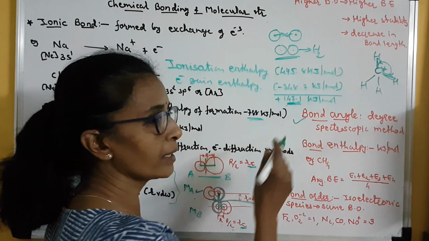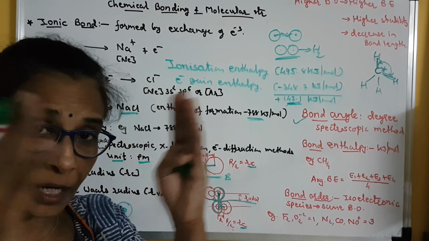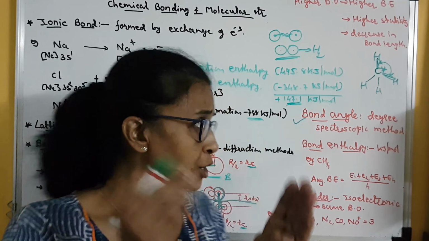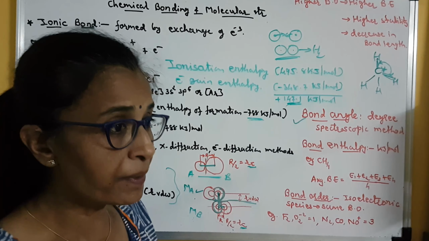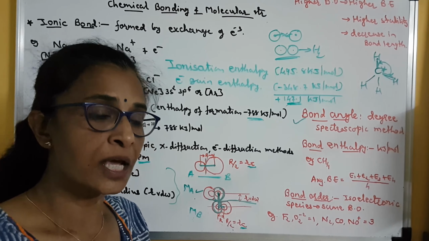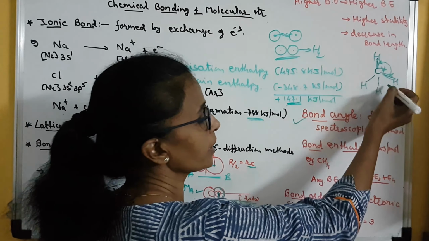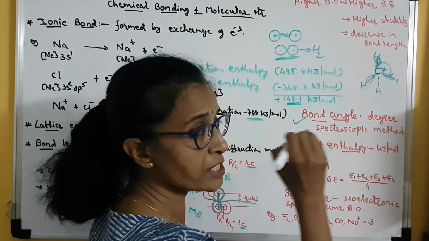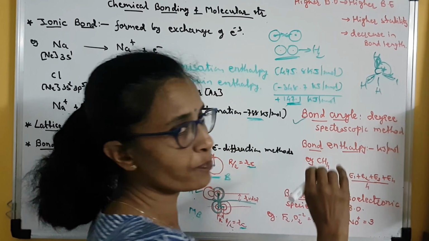Here, bond angle gives us the idea about the arrangement or distribution of the orbitals around the central atom. It means that it also gives us the idea about the shape of the molecule. See, in the methane molecule, these are bonding orbitals, meaning those orbitals in which the bonding electron pair is present.